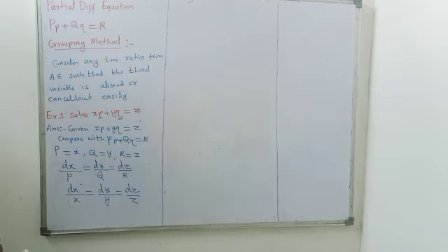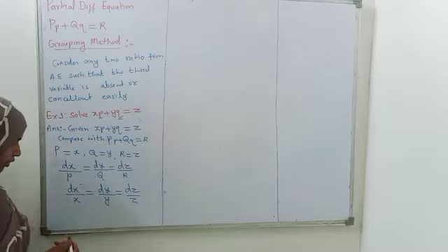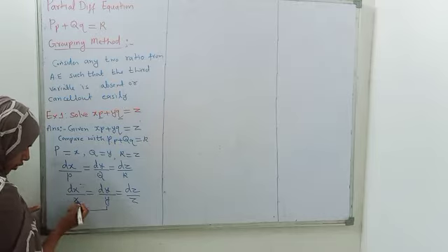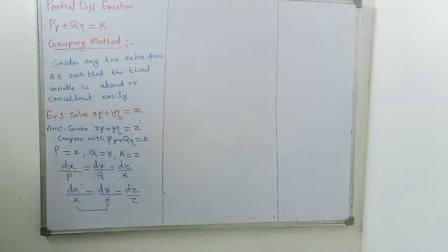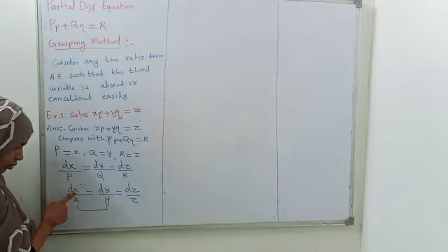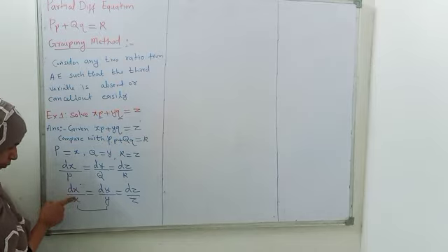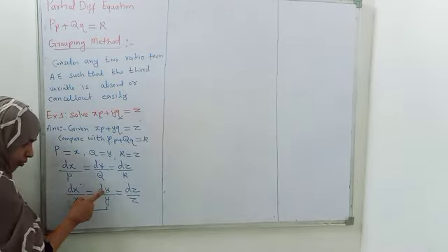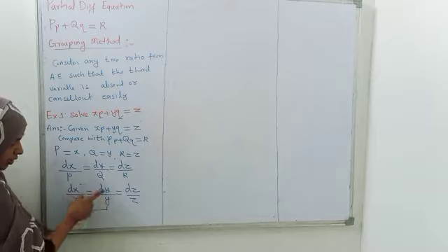Now from this auxiliary equation, students, you have to obtain two solutions. For the first solution, I can take the first two ratios. First of all, you have to observe. If I take dx upon x, dx means the denominator has the x variable. dy means the y variable, so the denominator should have the y variable. So it is in the standard form.